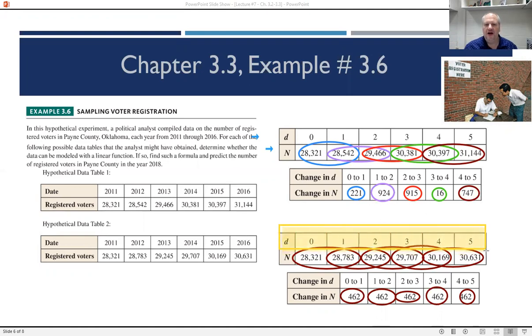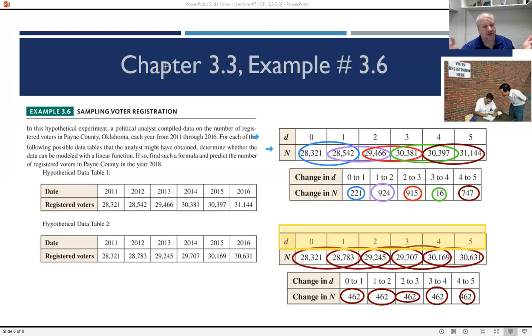right here are all perfectly aligned, 0, 1, 2, 3, 4, 5. Then you're allowed to say, well, I guess the slope is 462 for that one. And it's true, the slope is 462 for that one. You might recall that we talked earlier about looking at a table and trying to find a slope. You can do the same thing if they're not perfectly aligned, but if they are still in a sequence,